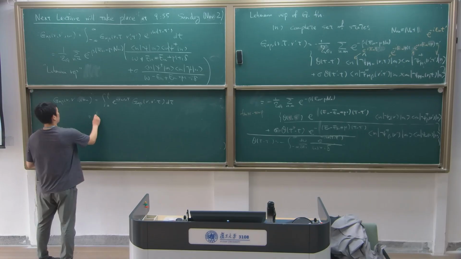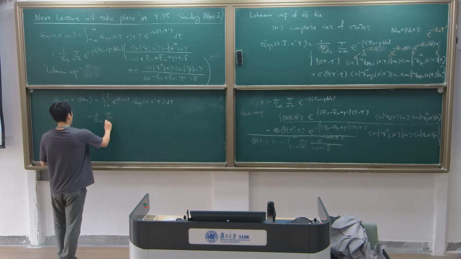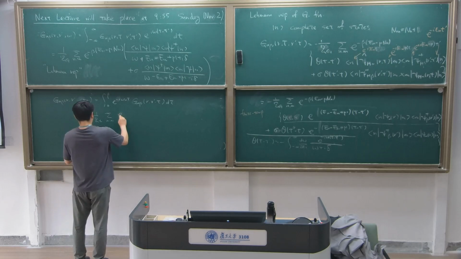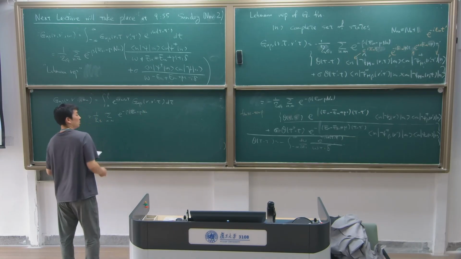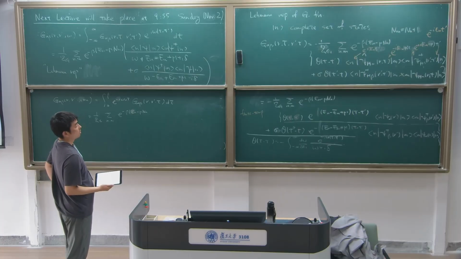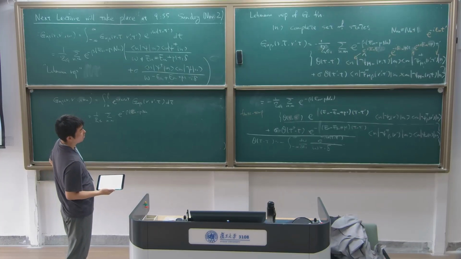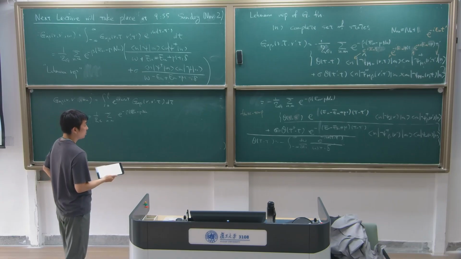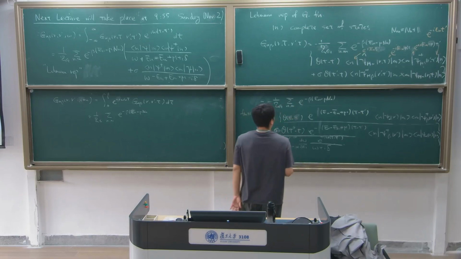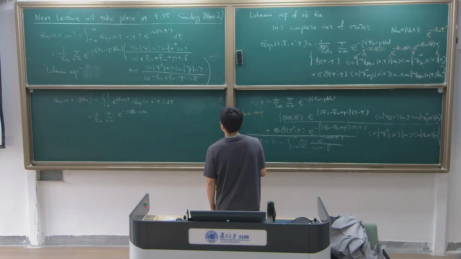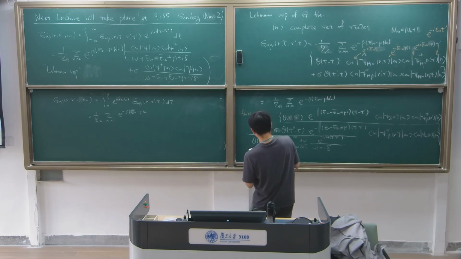And this is equal to 1 over Z, sum over n, 1 over m, e to the... it's just coming from here. And then upon this integral,